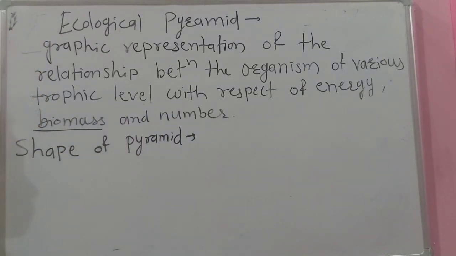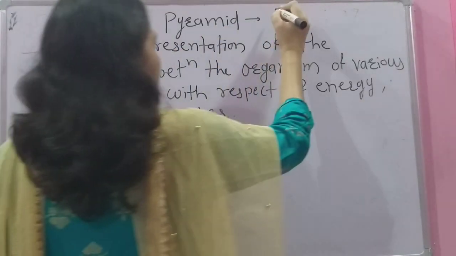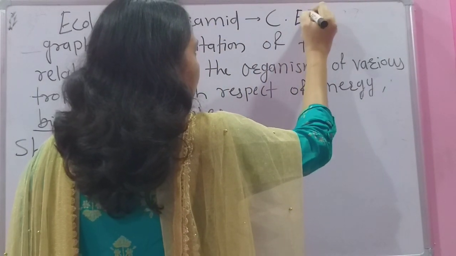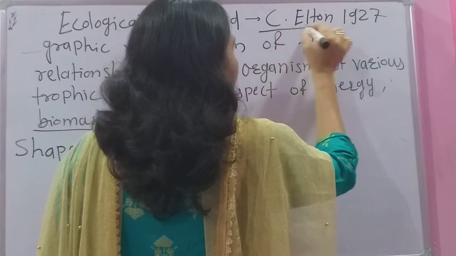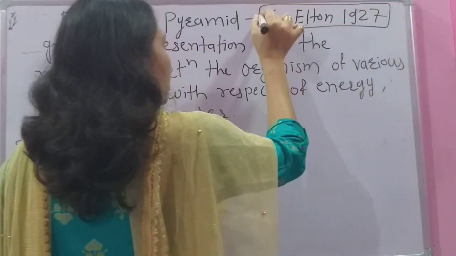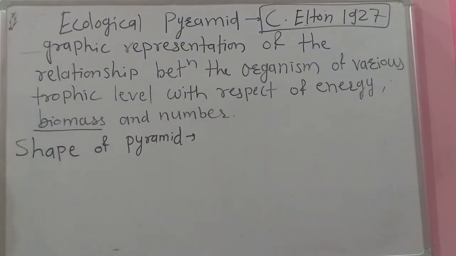The shape of pyramids was developed by C. Elton in 1927, and this shape of the pyramid, at the